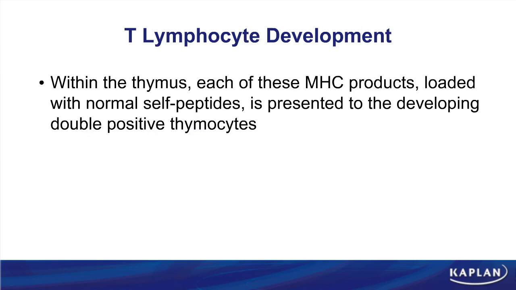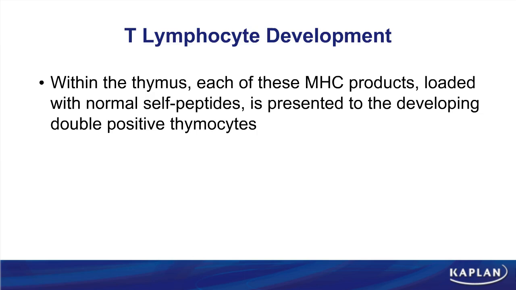After completion of T cell development, we have to then go on to select out any of our self-reactive T lymphocytes. Unlike B lymphocyte selection, this is actually a more complex approach and actually involves a 2-step selection process. Now, when we look at our stroma of the thymus, recall that they express very, very high levels of MHC class 1 and class 2, and those MHC molecules are all loaded with